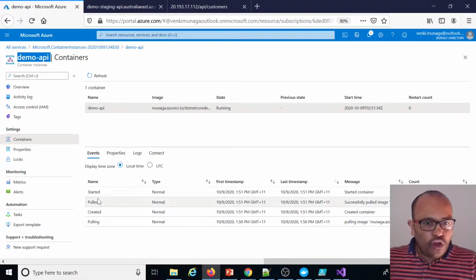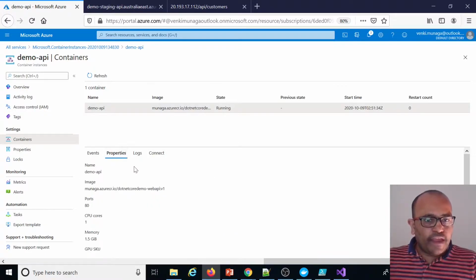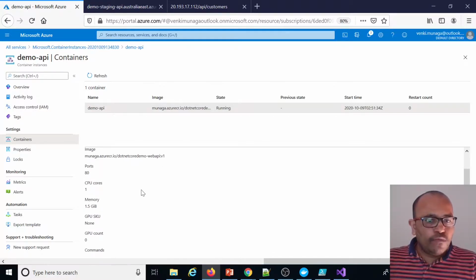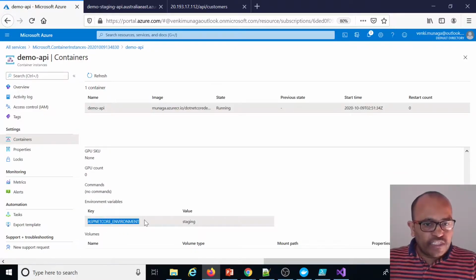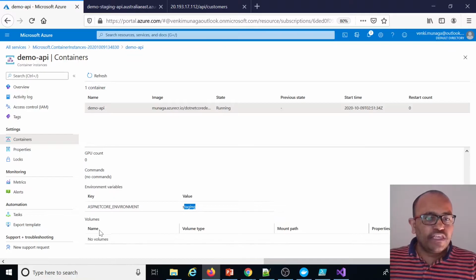Below, you can see how it started, pulled, and created everything in the logs, then events, and properties give detail about the selected container: the DNS name, cores, the environment variable I gave, even volumes, everything it will show.